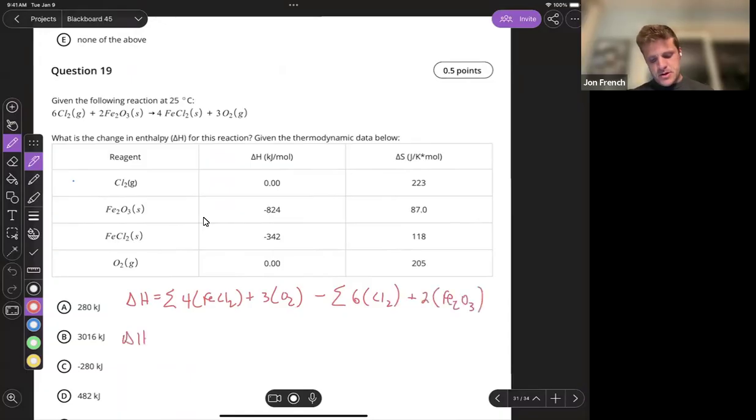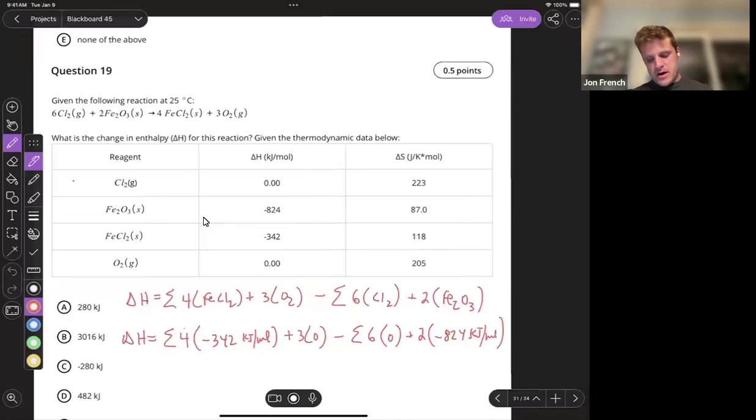So delta H equals 4 moles times minus 342 kilojoules per mole plus oxygen, got 3 oxygens at 0, minus 6 moles of chlorine at 0, and 2 moles of iron 3 oxide at minus 824